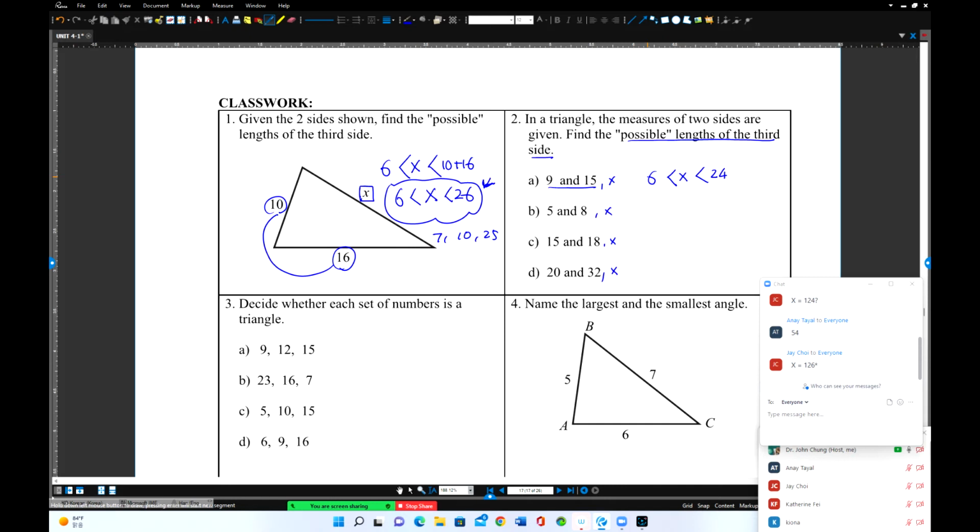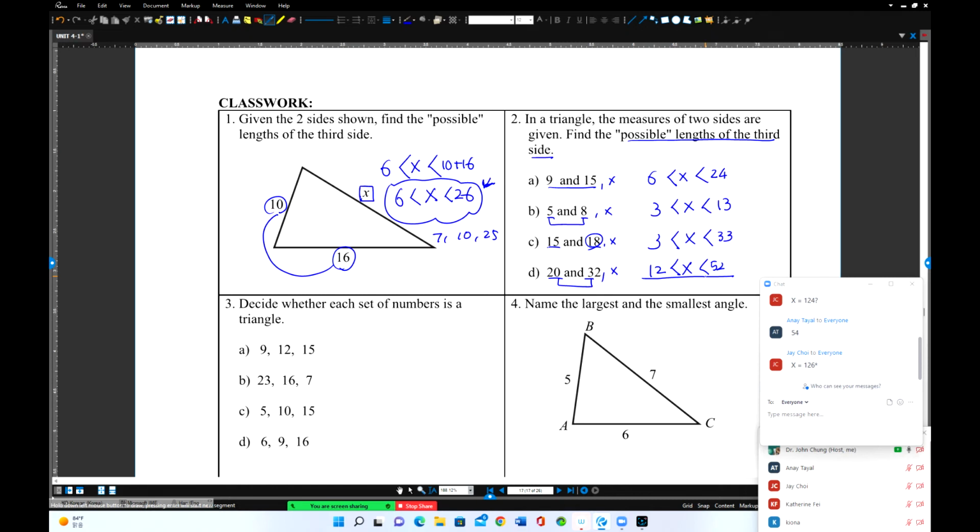Number B, same as before. 5 plus 8 is 13, so it must be less than 13 but greater than their difference, 3, right? Same thing: 15 plus 18 is 33, and 18 minus 15 is 3. Any number between 3 and 33 is possible. They form a triangle. For this one, 20 plus 32 is 52, and the difference is 12. Any number between these two, all three numbers form a